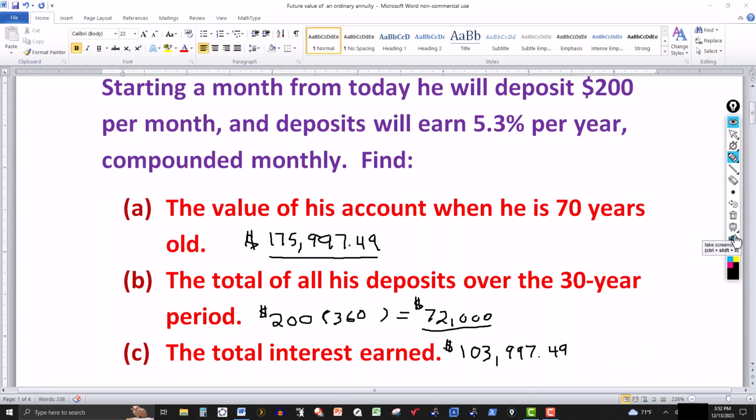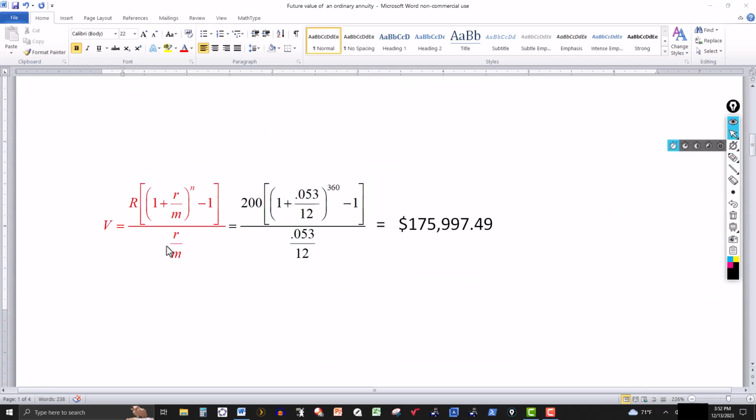Now if you don't have a calculator that has that function, you can use this formula. This is your formula for future value. It calculates the value of the annuity over the period of time that you're looking at. So in this case, R is the payment, which is 200 for this particular problem. R is the interest rate, compounded, and M is the number of periods. So it's compounded monthly, so M is 12. So we plug those into this formula. Payment $200, interest rate